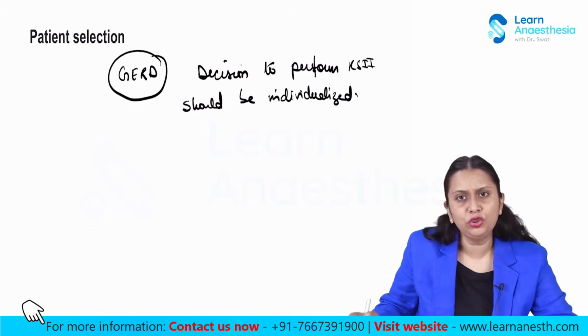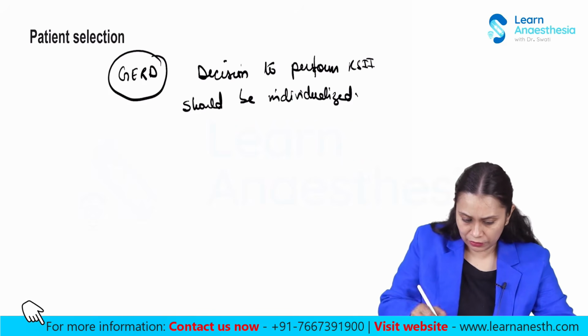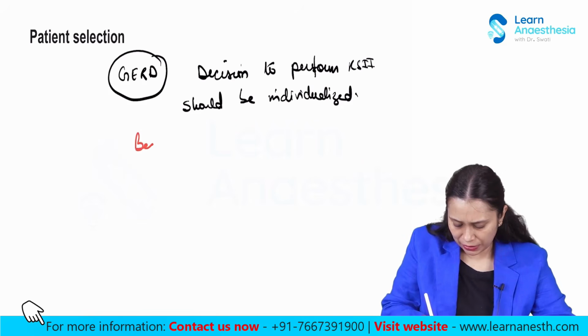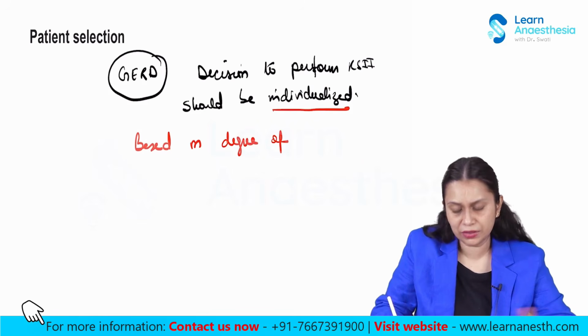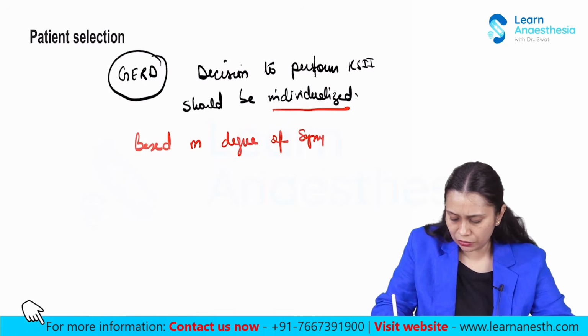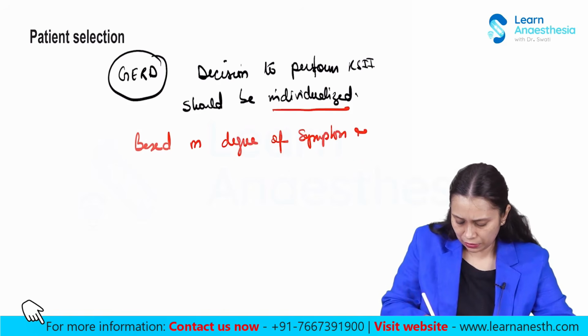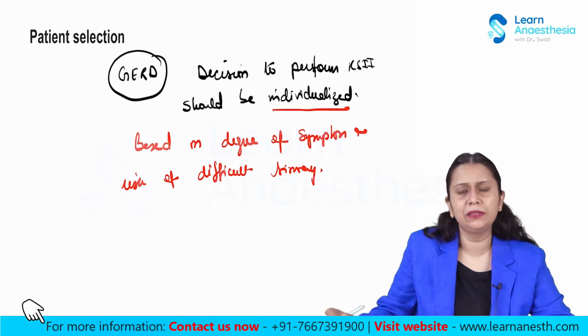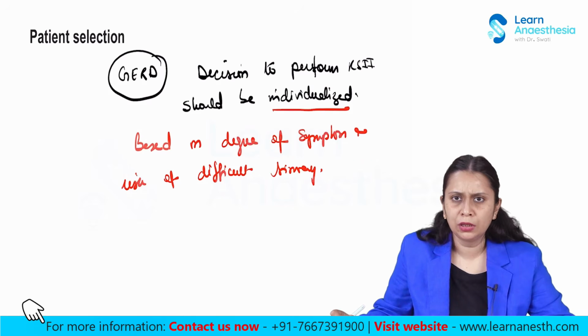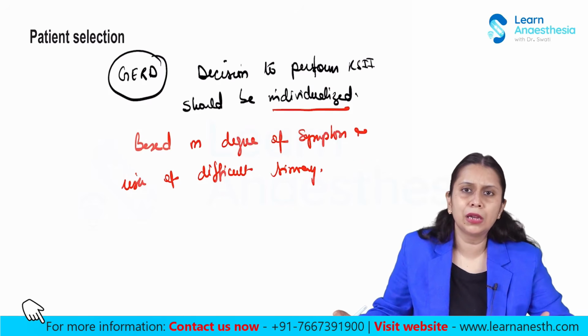So we need to judge, we need to balance, based on the degree of symptoms of GI reflux disease, and the risk of difficult airway. So if a patient just has a complaint that after taking spicy food,